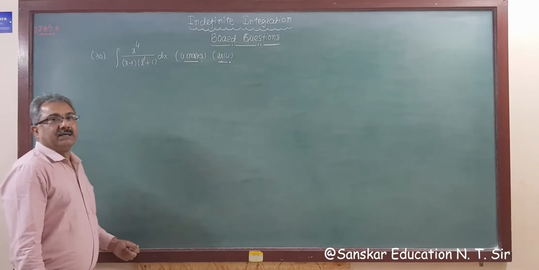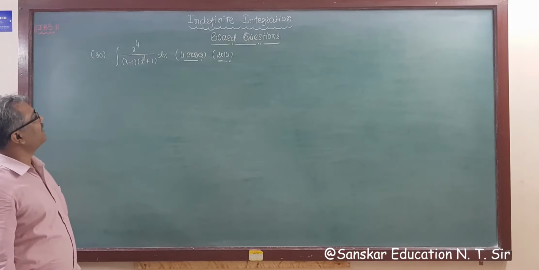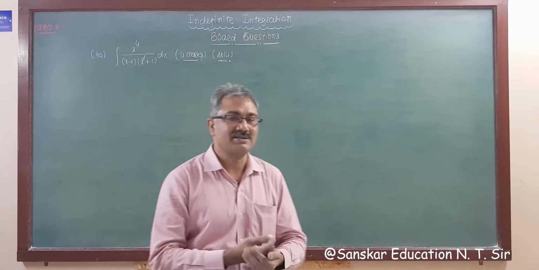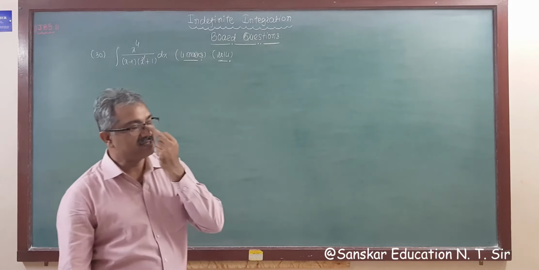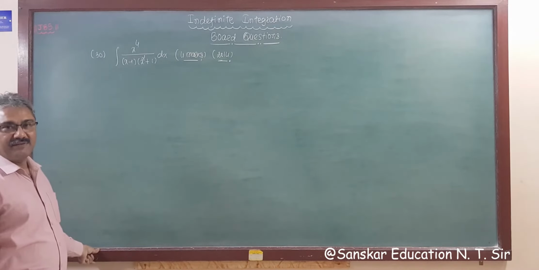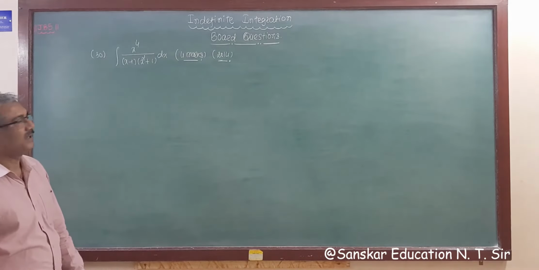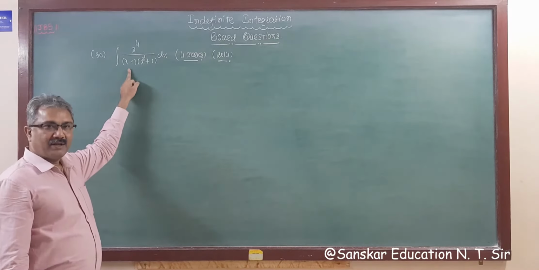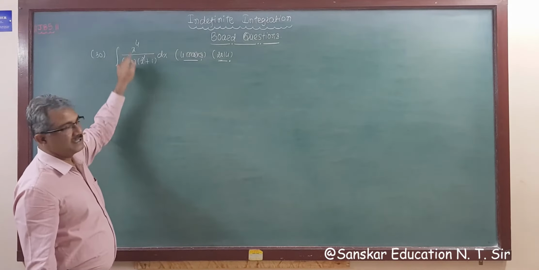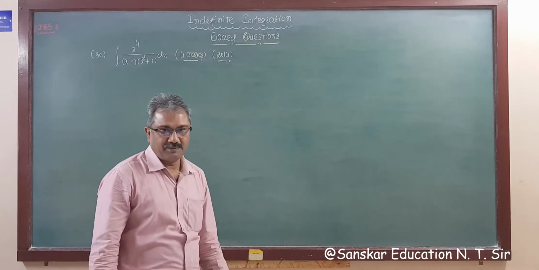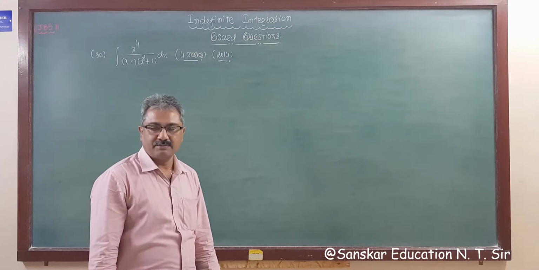Okay. Question number 30. Integration x raised to 4 upon x minus 1 x square plus 1 dx. 4 marks question asked in 2014 board exam. Now, as we saw in our previous lectures, while we are solving textbook, x minus 1 is the factor here, and this is not a proper rational function, this is improper. So we have to change it into a proper rational function, otherwise you are not able to integrate that function, right?